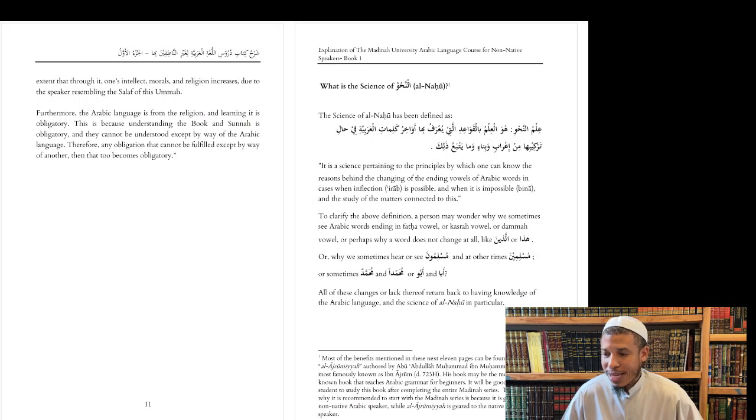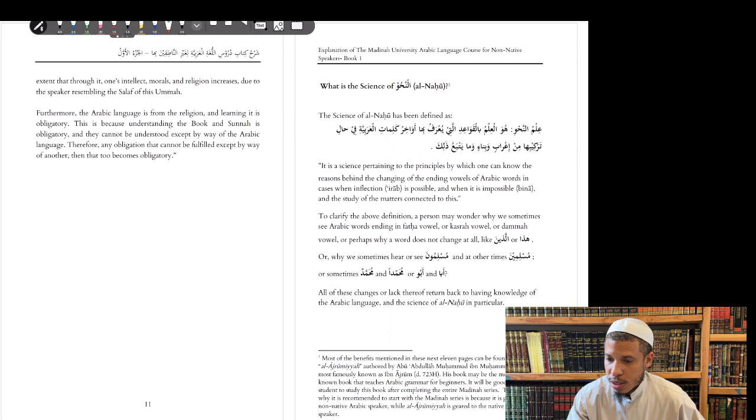Now we would like to speak about what is ilm an-Nahw. What is the science of an-Nahw? We'll highlight some of these definitions as we speak about them. The science of an-Nahw has been defined as